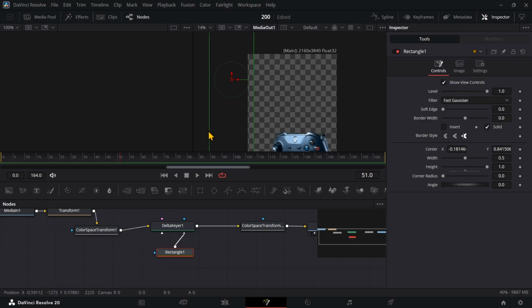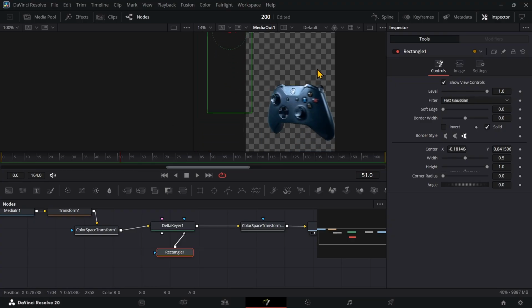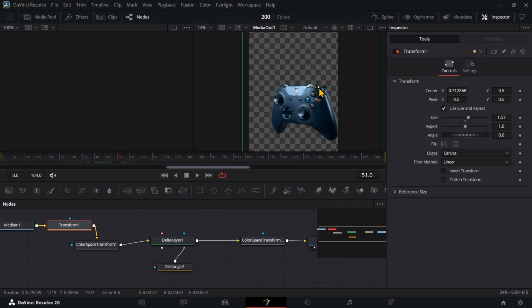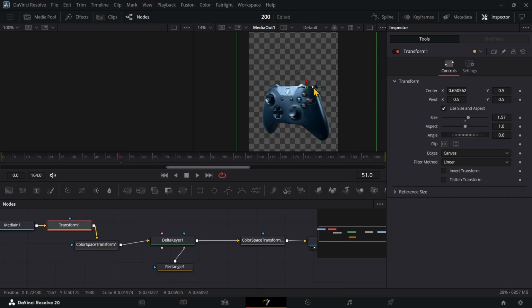And that's it. So that's how you can use the delta keyer with the, I'll just go over here, transform, just push this back a bit. All right, so that's how we can use the delta keyer to work with green screens